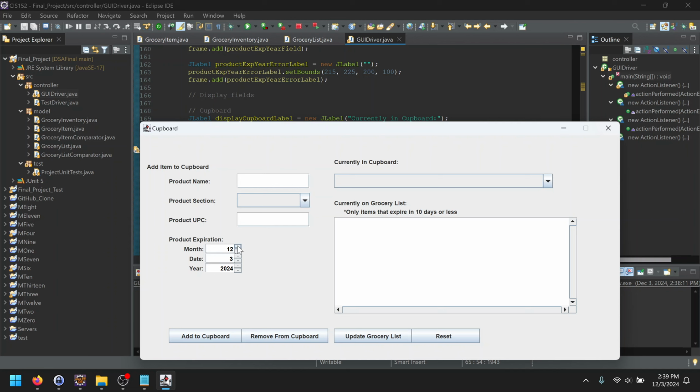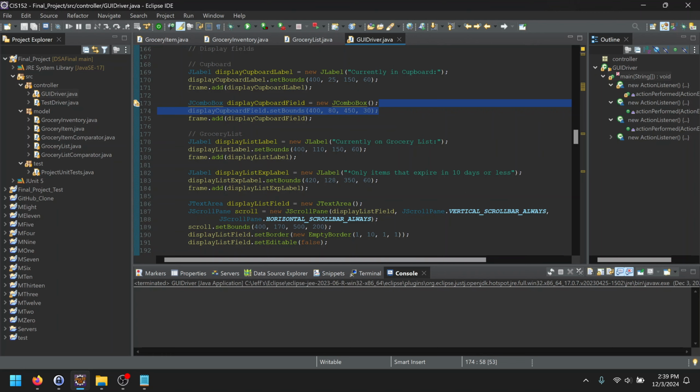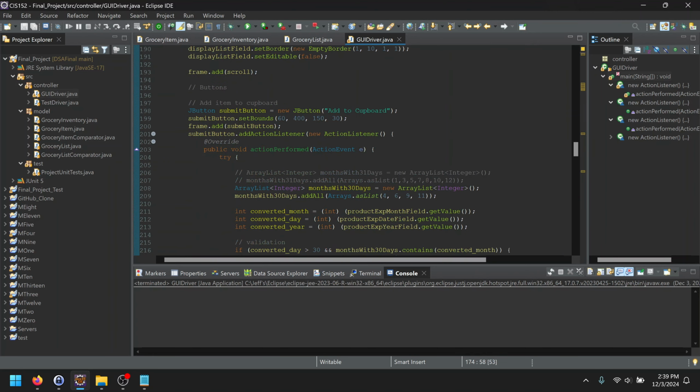If we go back to the dates, I can't go higher than 12. I can't go less than 1. I can't go higher than 31. I can't go less than 1. And I can only go as high as 15 years is what I set it for. And display fields and all that good stuff. Then we move into the